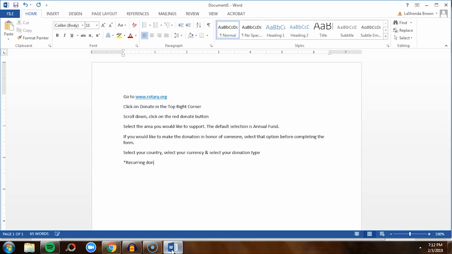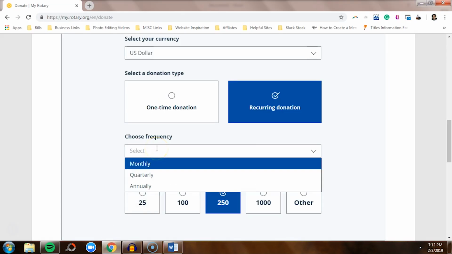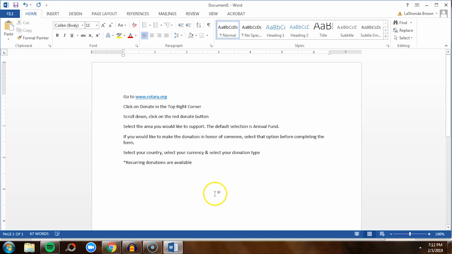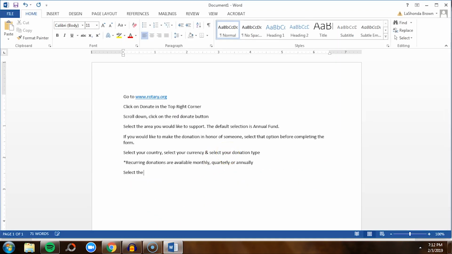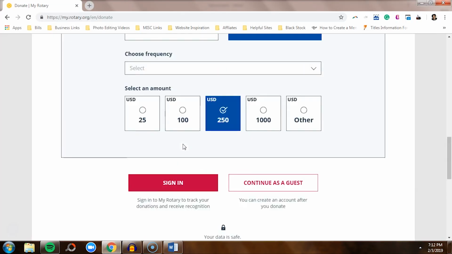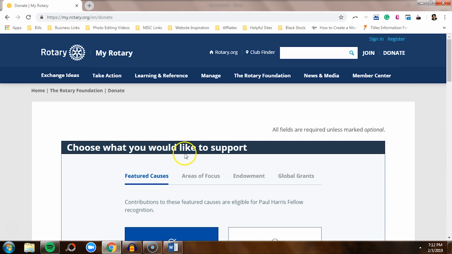Recurring donations are available. Let's see the frequency. Monthly, quarterly, or annually are available. After that, select the amount and sign in if you have a login, or sign in as a guest. And so those are all the steps someone would have to walk through in order to donate money on the Rotary site. So now that we have outlined all the steps, what we need to do is to go into